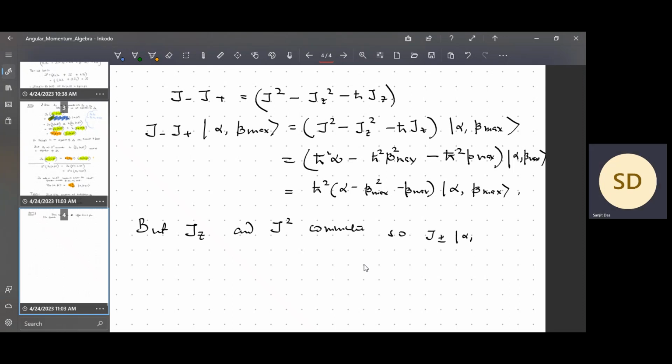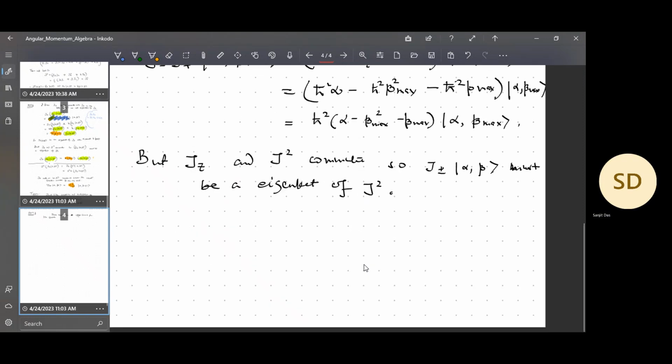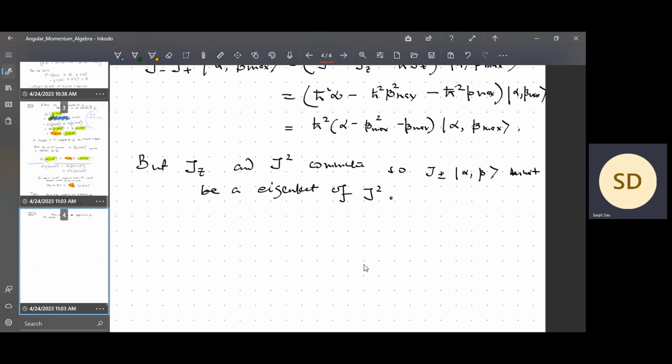So J plus minus alpha beta must be an eigenket of J squared. Correct? Now, what is this? So let us agree J squared acting on J plus minus alpha beta, which is nothing but J plus minus J squared on alpha beta, and J squared acting on this is nothing but